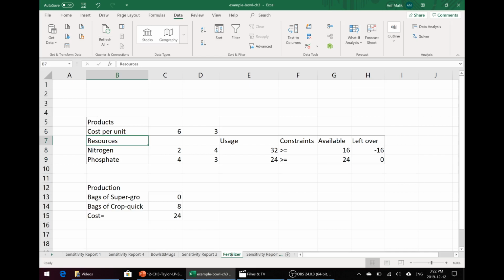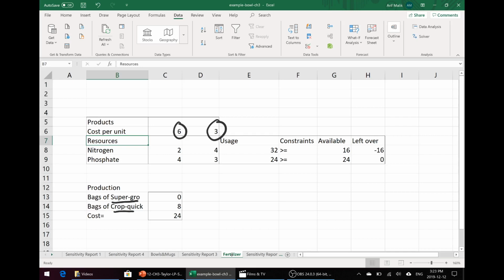earlier in chapter 2. We had 2 fertilizers, Supergrow and CropQuick. One bag of Supergrow is $6, and one bag of CropQuick is $3. All right, and we already have the solution here. The 2 resources were what we want to put on as a nutrient in the land where we are putting these